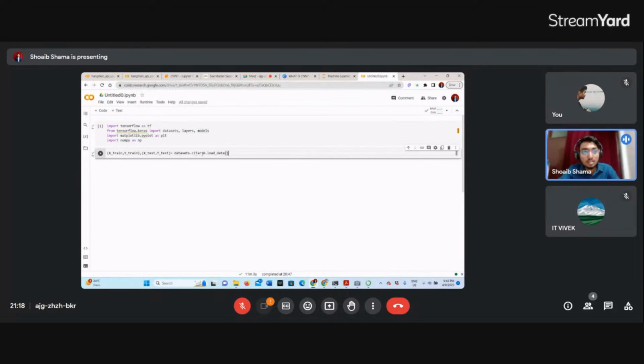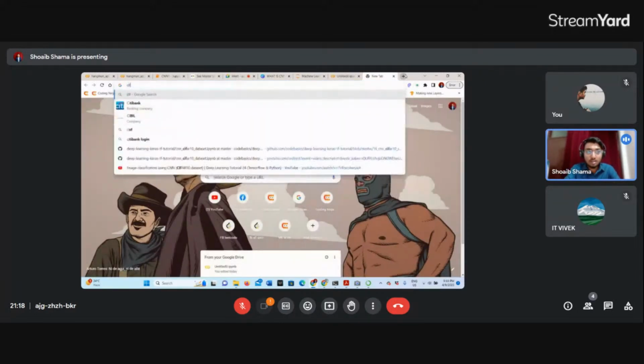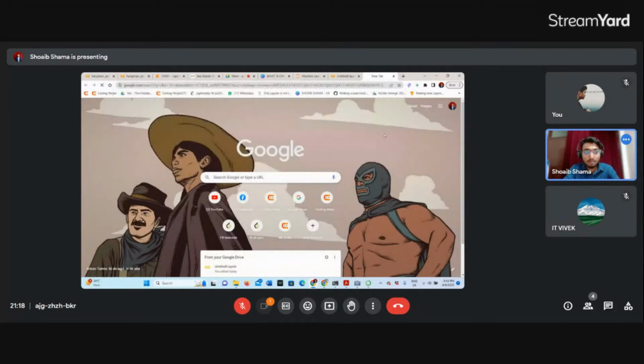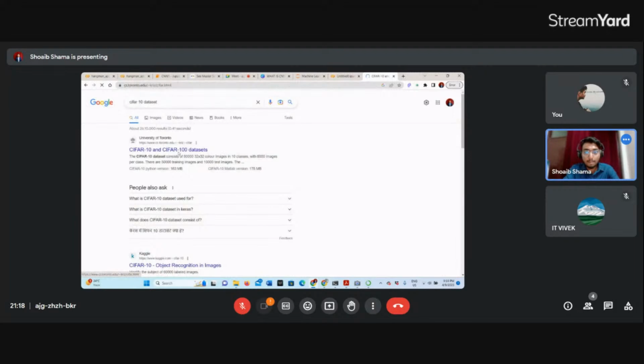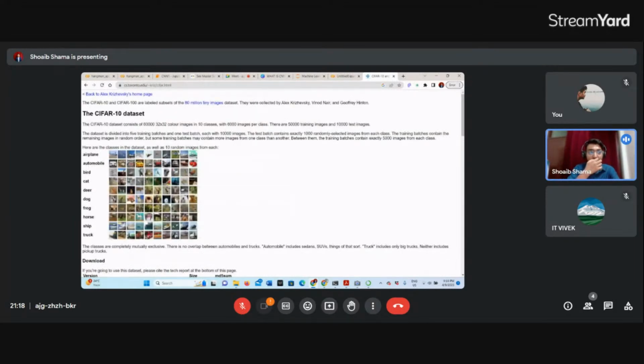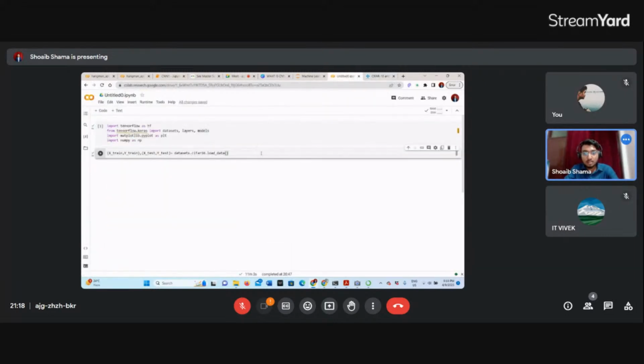So we are using here CIFAR-10 dataset, and let me show you what is the CIFAR-10 dataset. ऐसा होता है CIFAR-10 dataset ना, it has 10 classes, I guess, random images of airplane, automobile, bird, cat, deer. So ये इसी के लिए होता है, and it consists of 6,000 images, which are 32 cross 32 color images. Okay. And in training sample, there are 5,000 images and 1,000 test images.